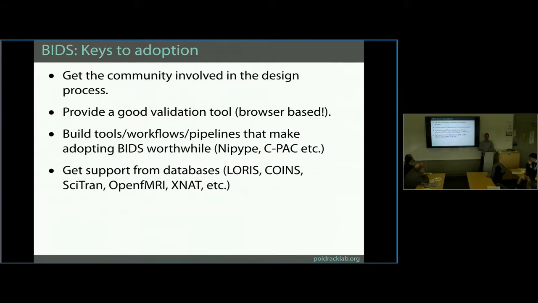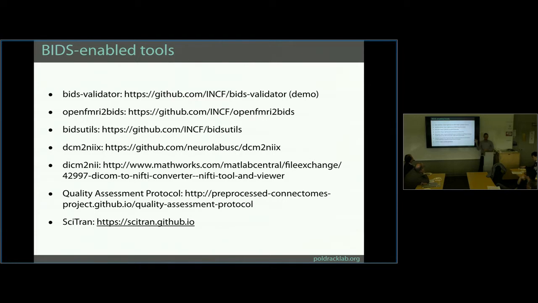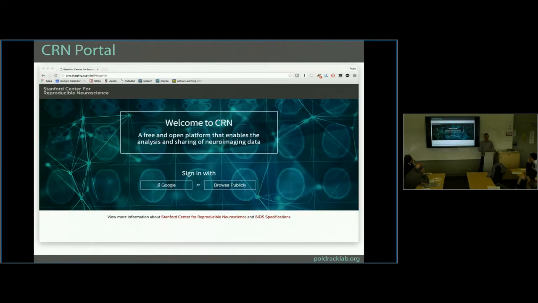And then we're working with a number of different database groups to implement being able to spit out data in BIDS format when people have their data in a database, so you can do that transparently. I won't go into all the different tools that have been developed. The main one is the BIDS validator, which is the thing I mentioned that does the validation. But we have a bunch of other tools for both doing quality assessment on the data and doing conversion. So all of that was leading up to the work that we are doing in developing a portal.